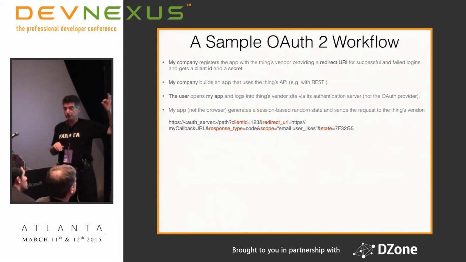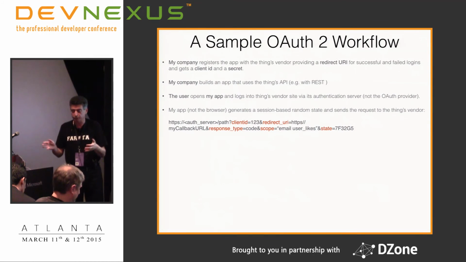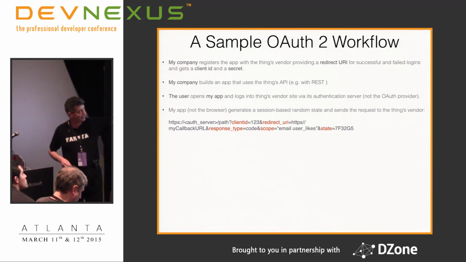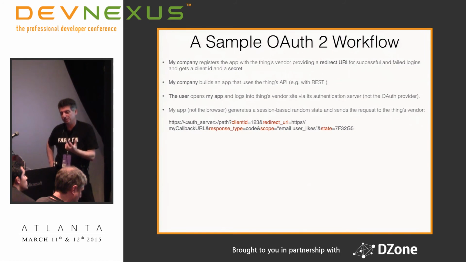So if the authorization server of this vendor gives you different features that you can do with the measurement, then you will specify them as a string, space separated. And the final thing is optional state. I'll explain why it may be needed to prevent a specific attack. But for now, just remember that you can generate a state based on the session ID.